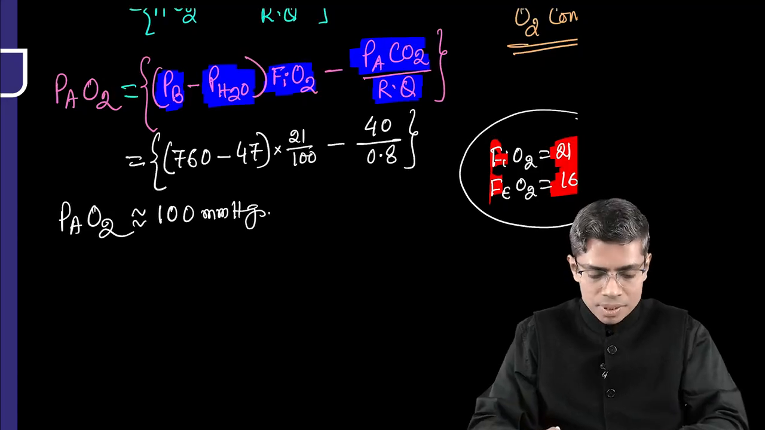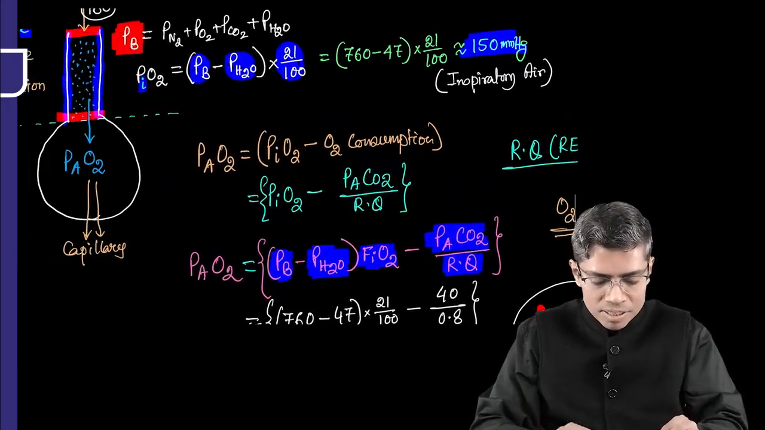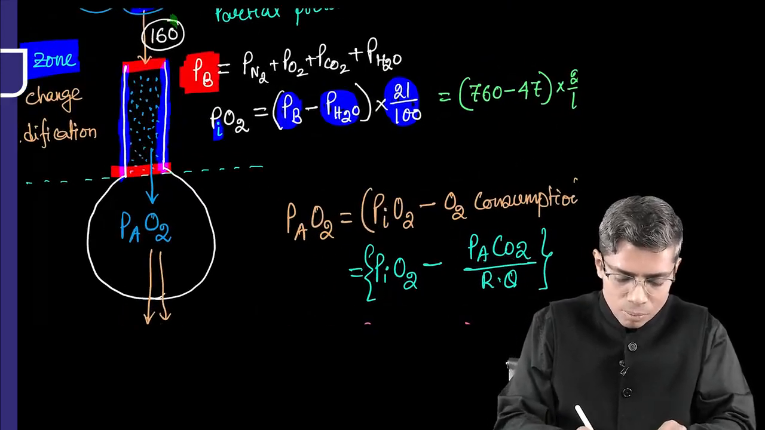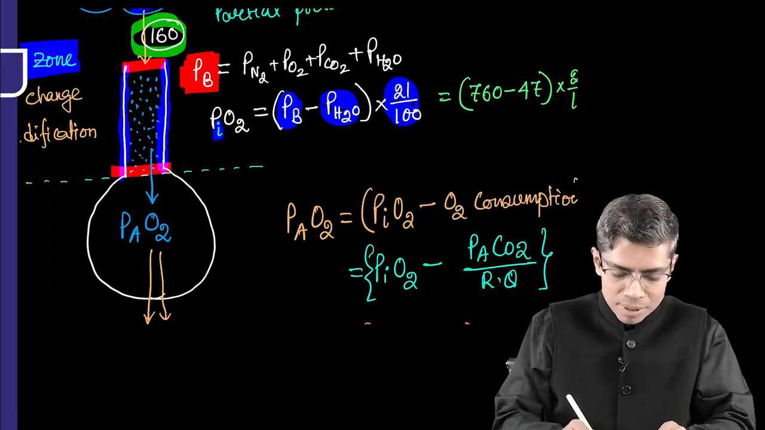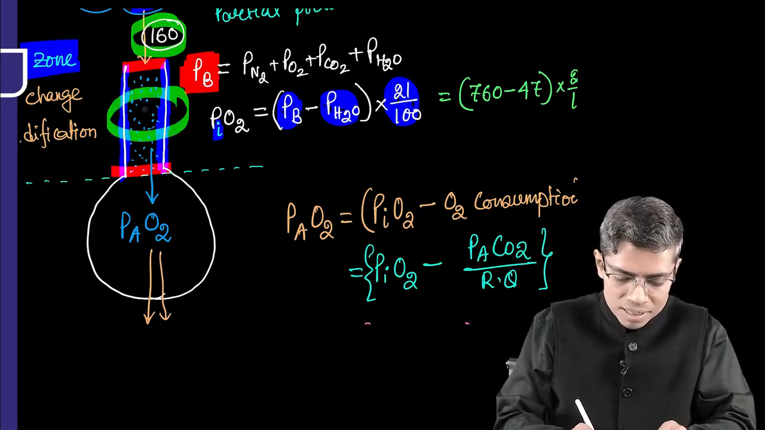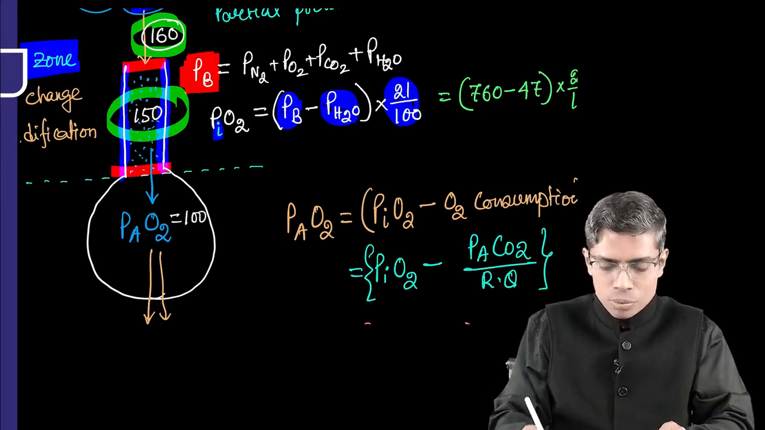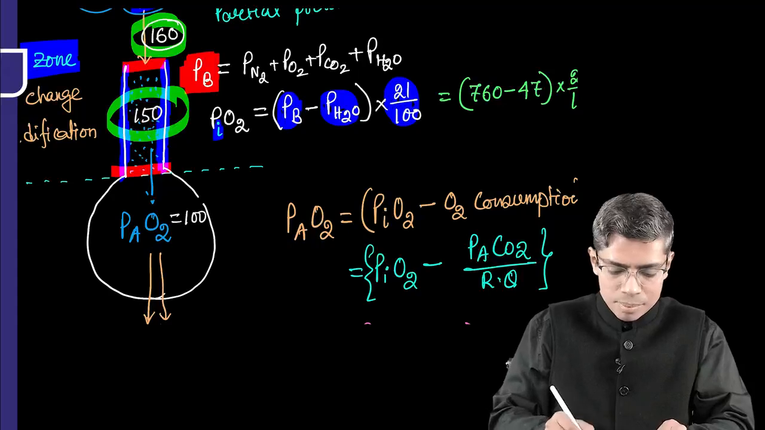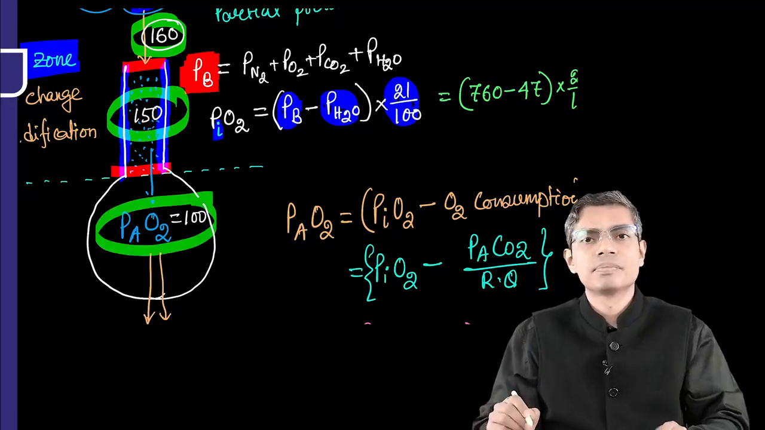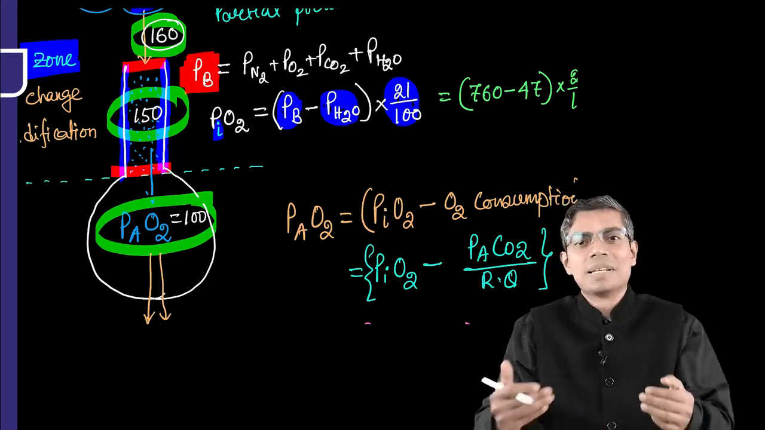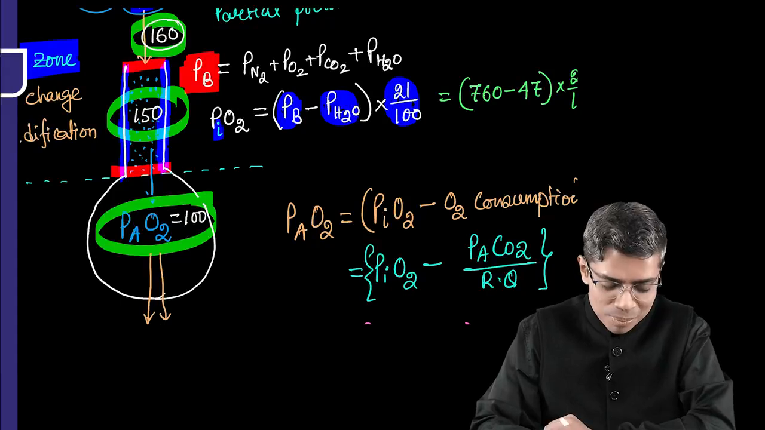alveoli. So bottom line is that the partial pressure of oxygen at the level of atmosphere is 160. At the level of inspiratory air, how much is that? I told you that is 150 or 149. At the level of alveoli, it is dropping further to 100 millimeter of mercury, right? Further dropping to 100 millimeter of mercury. Now we'll go to another level, where there will be a further drop, but before that we will